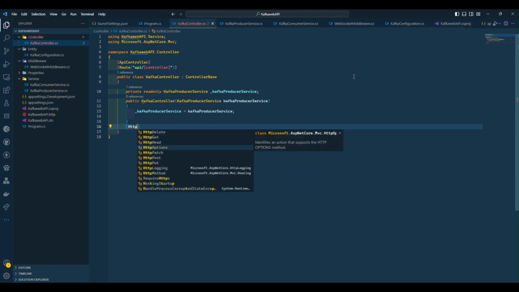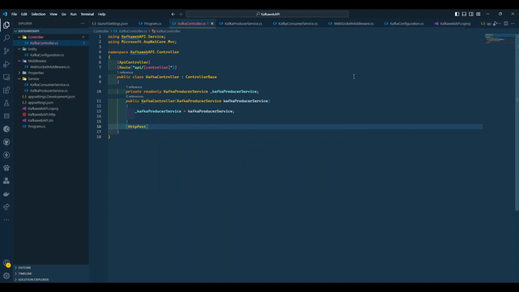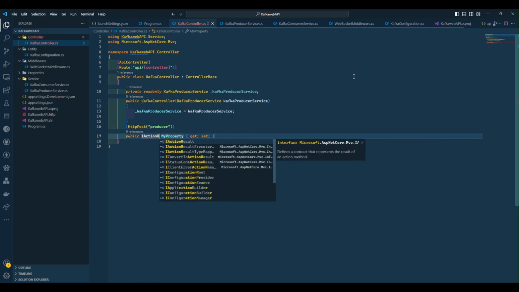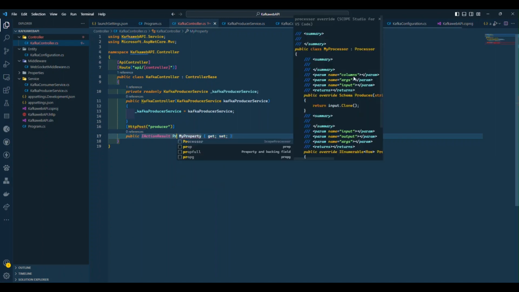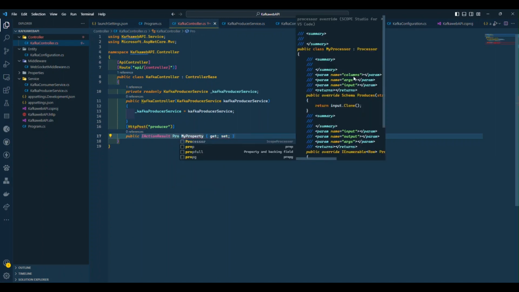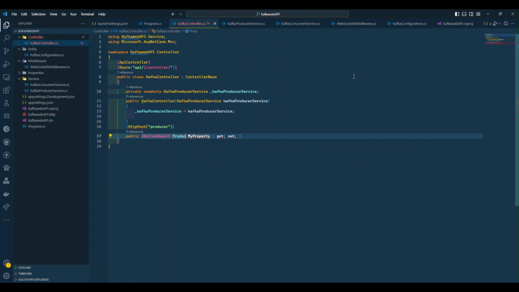Call it producer, and now create an IActionResult, name it producer to Kafka,